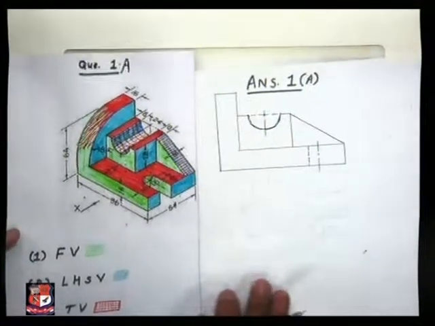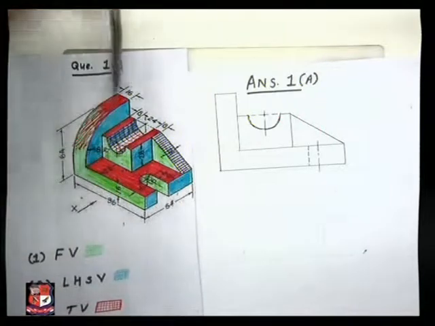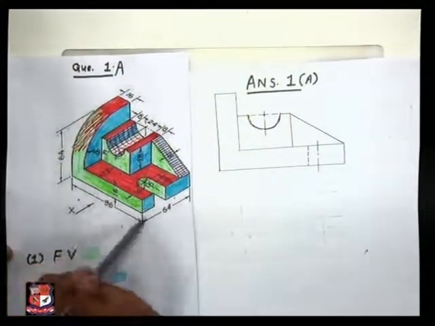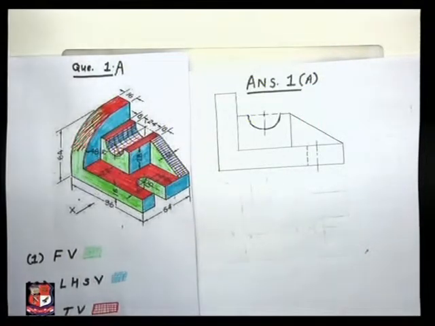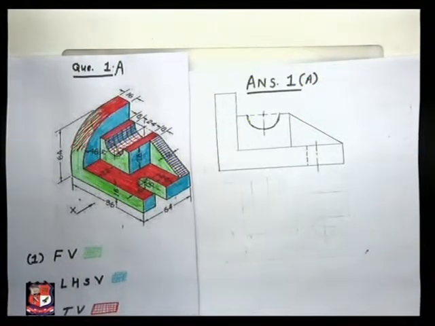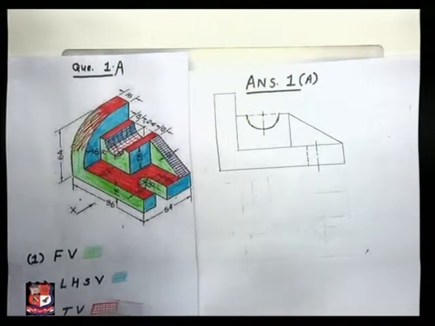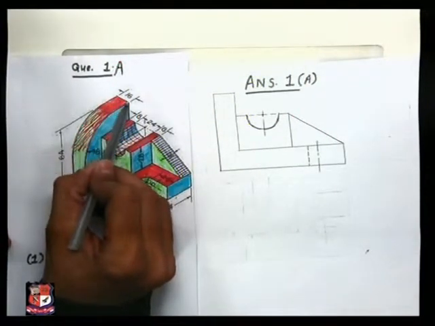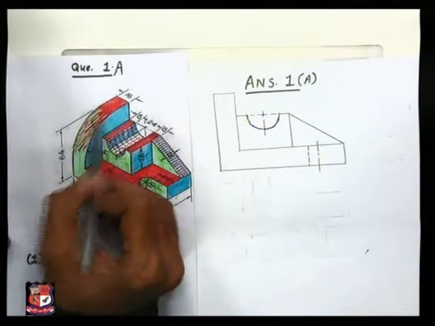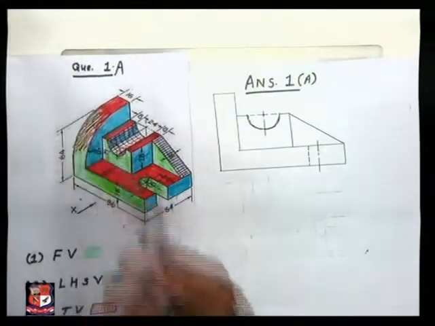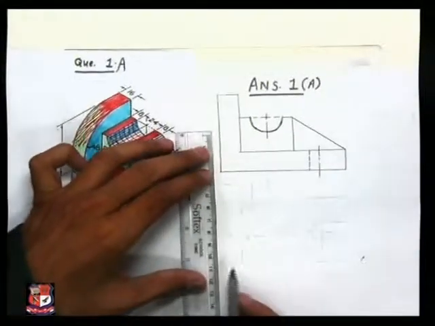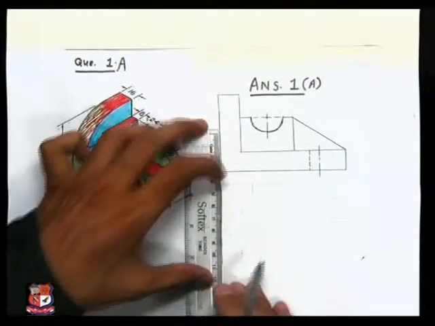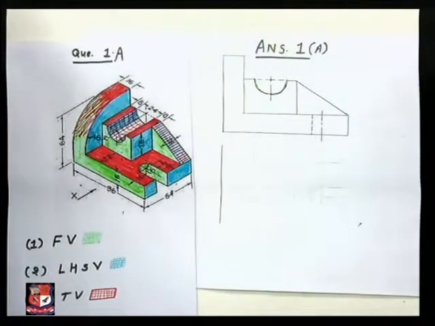In a top view, if you look from the top direction, from here, this red colored portion would appear. So its width would be equal to the width in the front view, and its height would be 64 millimeter. So let me draw that dimension. In top view we start from here. From here to here 16 millimeter would be there. So 2 vertical lines would be there in top view at a distance of 16 millimeter. So that we can represent like this. From here to here at a distance of 16 millimeter.